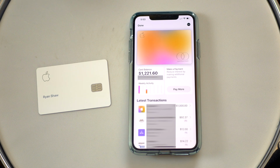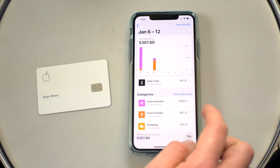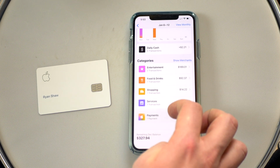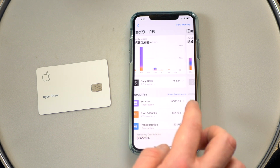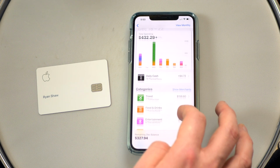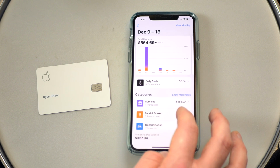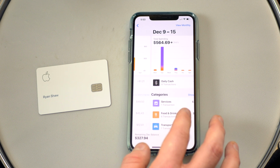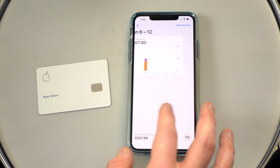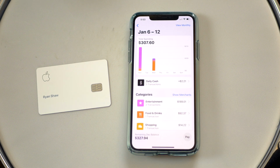And then one thing I forgot to mention is if you go into weekly activity, this was this most recent week, and then it's really easy. You just scroll through each week here and you can see. So right here, I paid a lot on travel, which is why it's green. And you can see the daily cash amounts, all the merchants and everything. It's pretty cool and really clear and really easy to see as opposed to going through a PDF of a